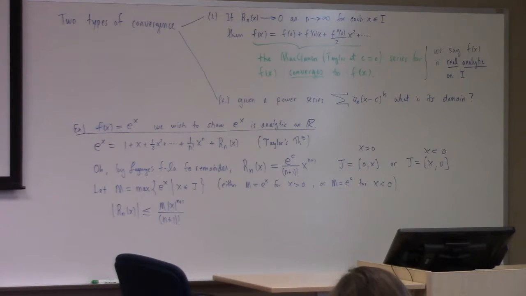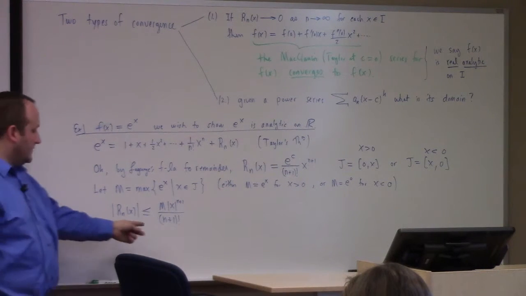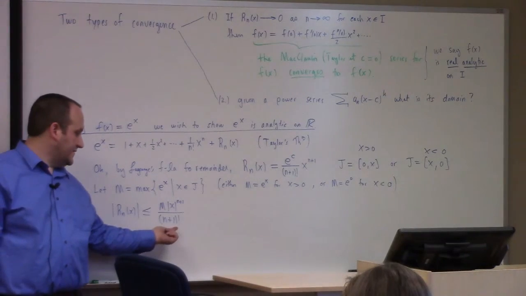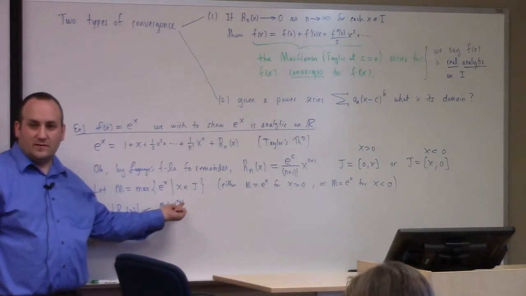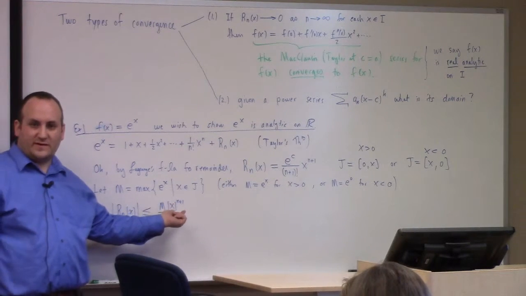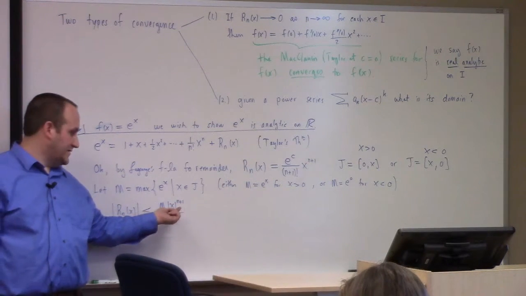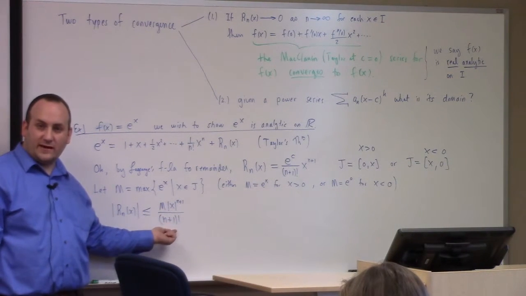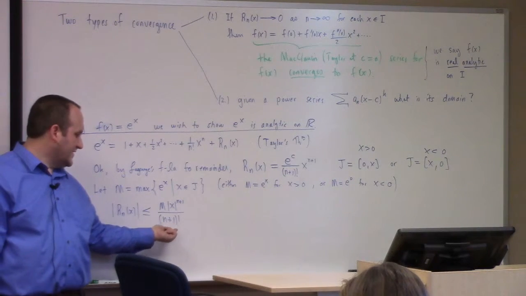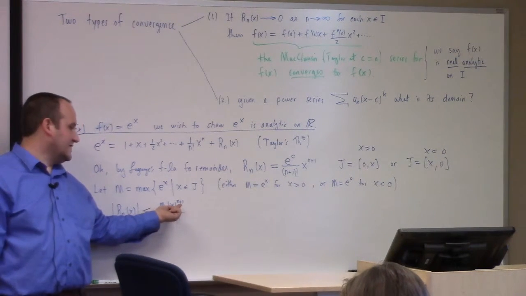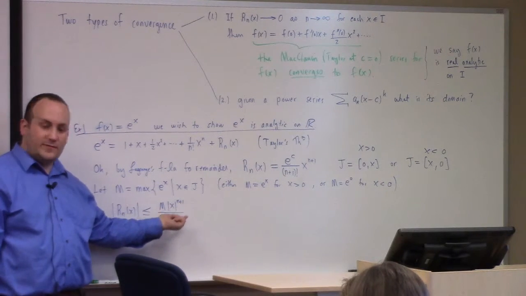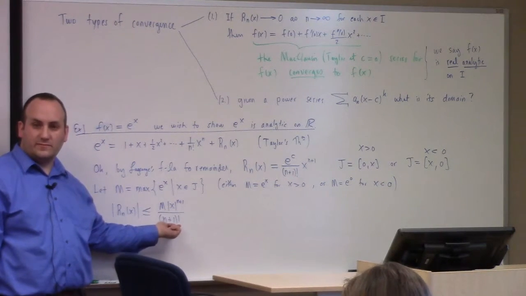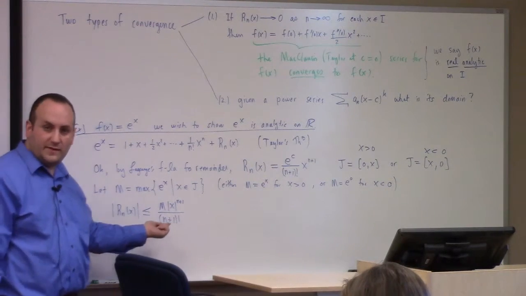What happens as n goes to infinity for that expression? You guys have worked enough sequences to understand what happens here. You have a factorial downstairs. Upstairs you have x to the n plus 1, but here x is just a fixed number. It doesn't matter what x is. x could be a billion. There's an n plus 1 factorial down here. It wins. It's exponential, like 2 to the n or whatever, but it's exponential over factorial. We know that the factorial will dominate pretty fast. This goes to 0